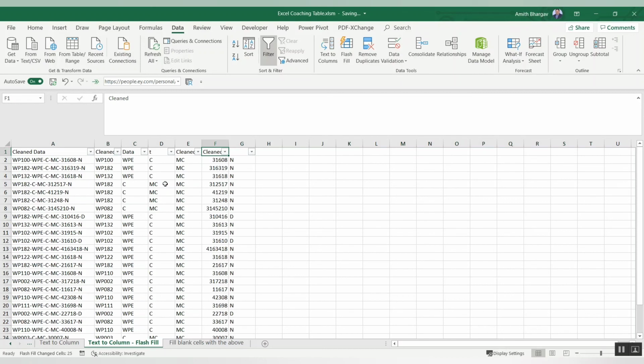Excel is always right, but if our data is wrong, it will also give the wrong result. So quality is very important. We have to check the quality of how the data is, and we have to replicate. If any corrections are there, we have to correct them and work on the content.